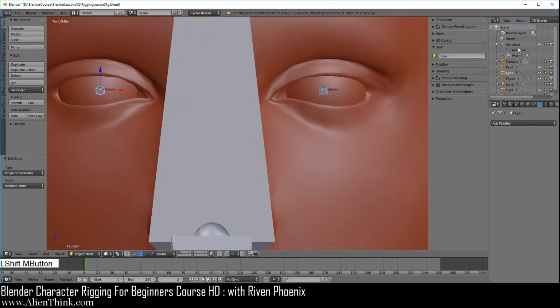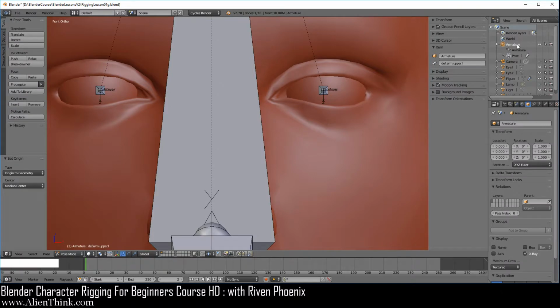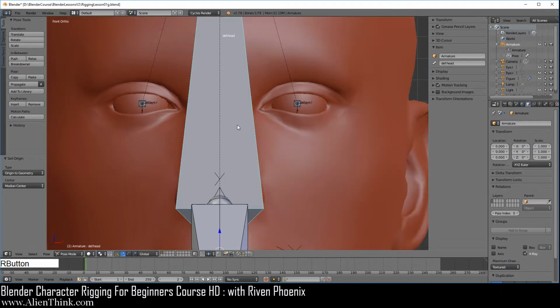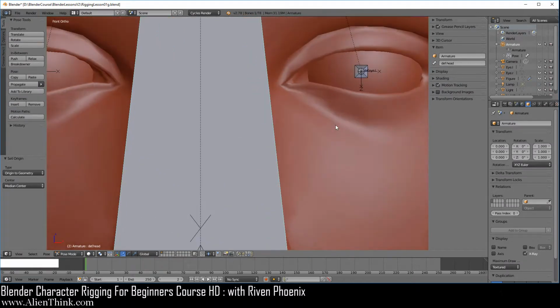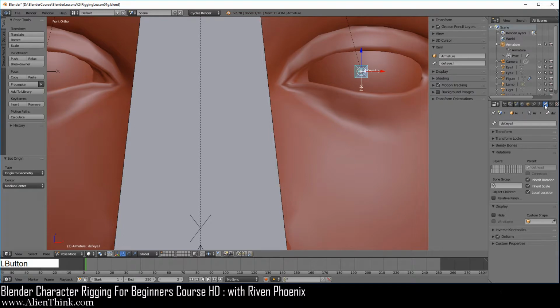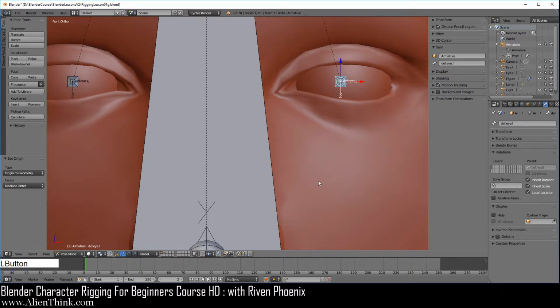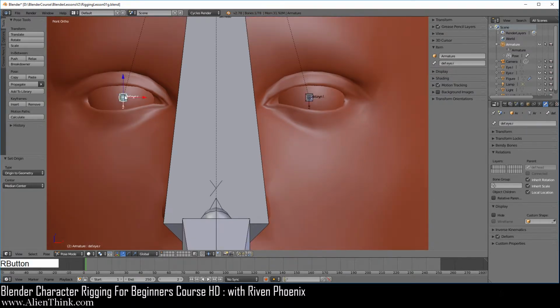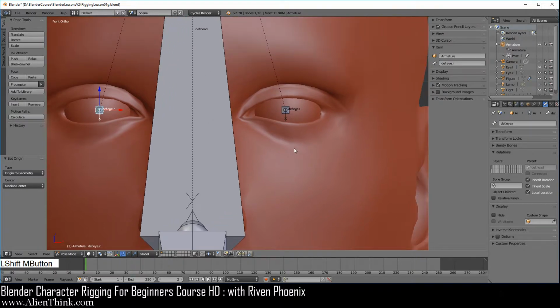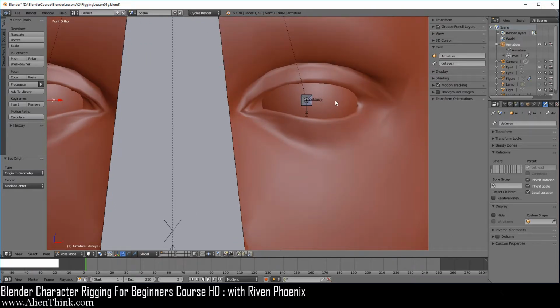Now go ahead and click on the armature. Click over here and make sure that you're in pose mode. Now click on the eye. Because the eye is no longer going to be a deformed bone, we should click over here and uncheck this for both of them. So Blender should not create vertex groups for these eye bones, because we're simply going to attach the eyes or make the eyes the child of these bones.